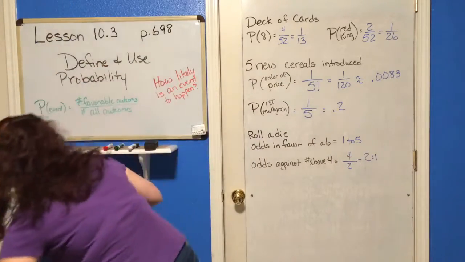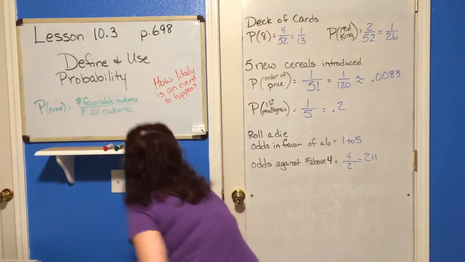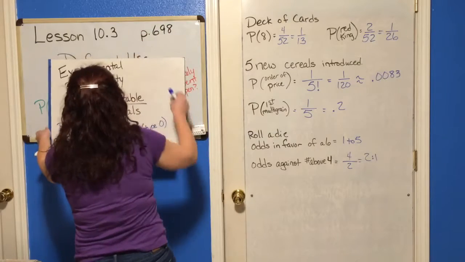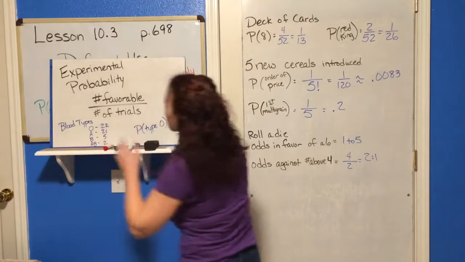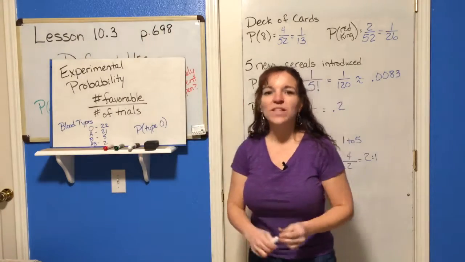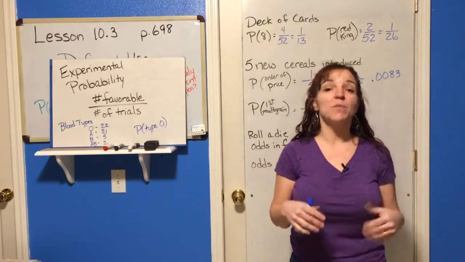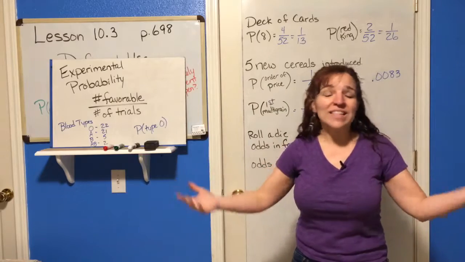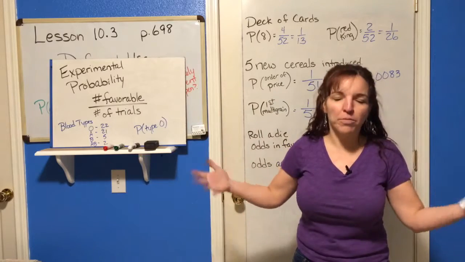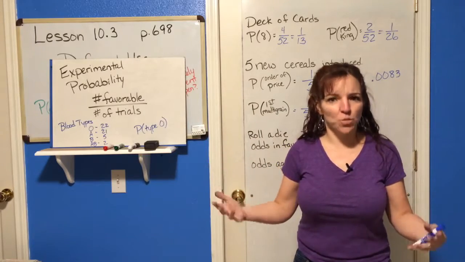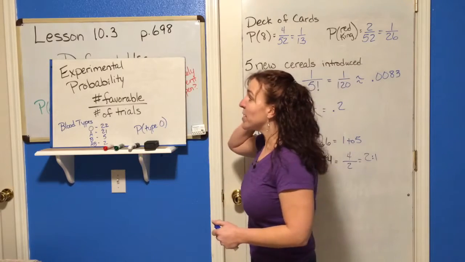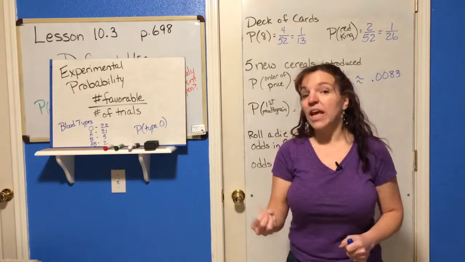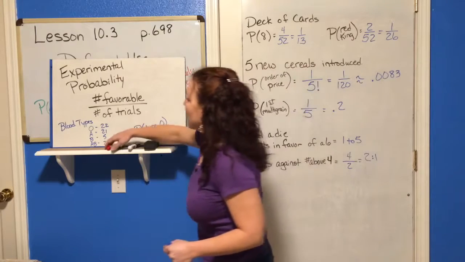So there's a lot of quick different things in this lesson. The next quick thing is experimental probability. All of the probability that we've dealt with so far has been theoretical. If you were to roll that die 1,000 times, theoretically, this is what you would get. So experimental probability takes actual data, actual information. And so in this case,